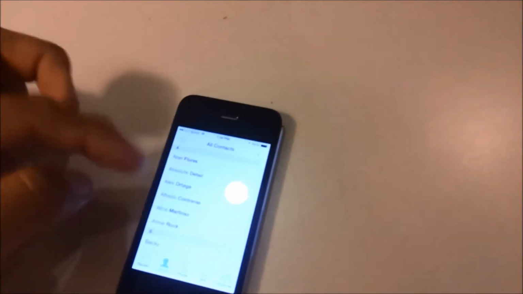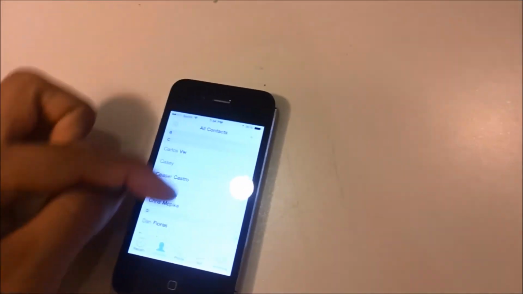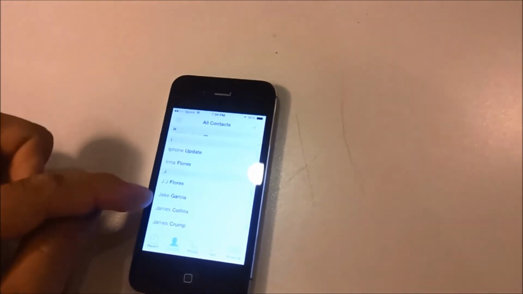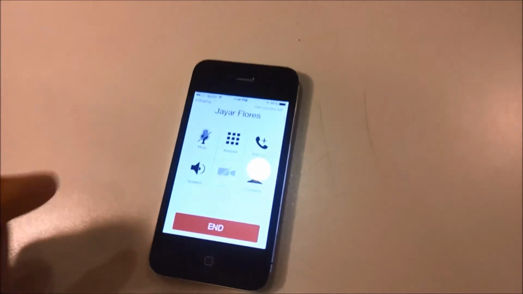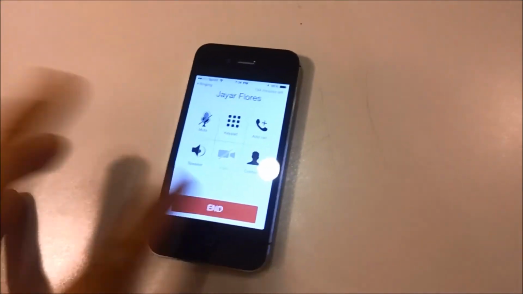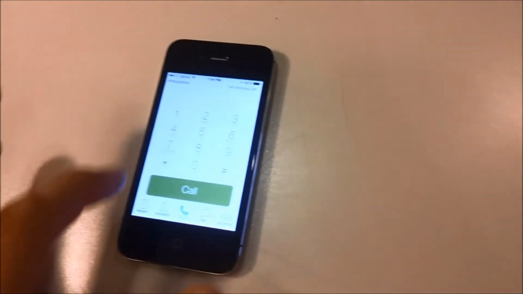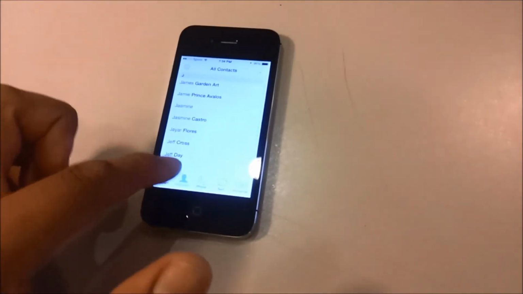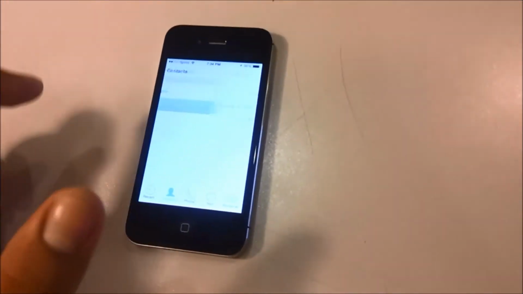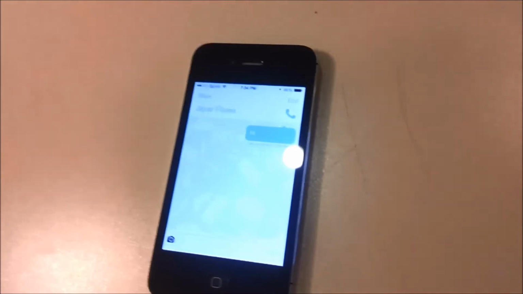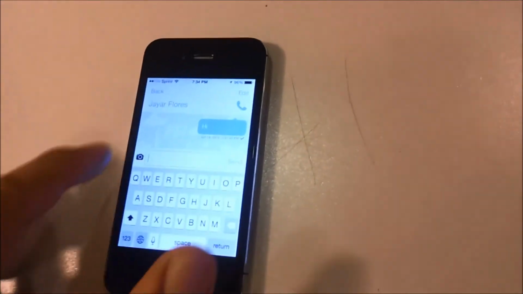And if you go under contacts, you could pull up anyone that you need to. So let me find myself, find J.R. Flores. Okay, right there, simply click right there and it calls, which is great. And another way you can do is send a text message through there as well. So just find J.R. Flores again and click the little messaging application, and it pops up the message and